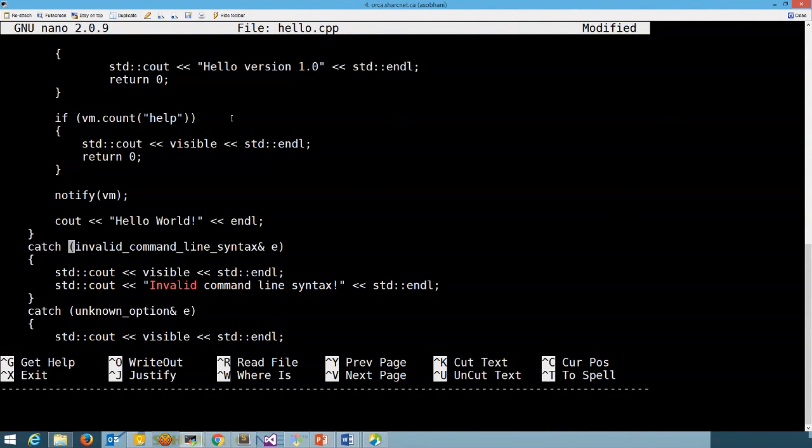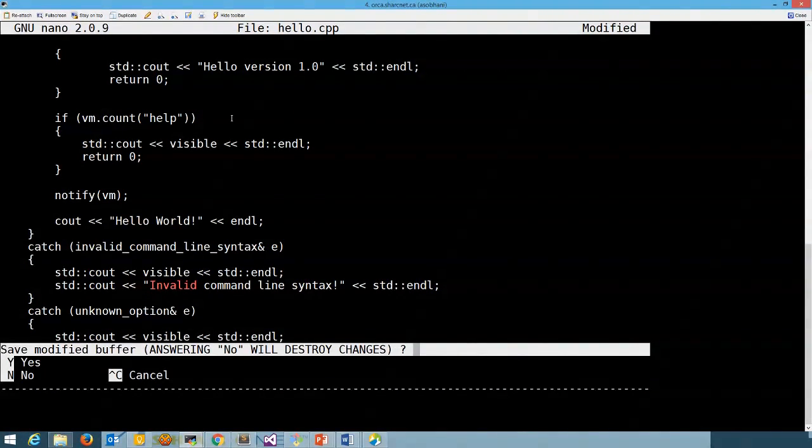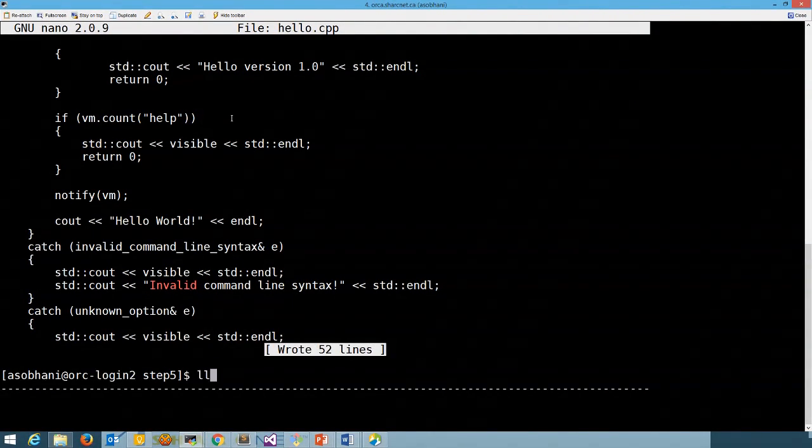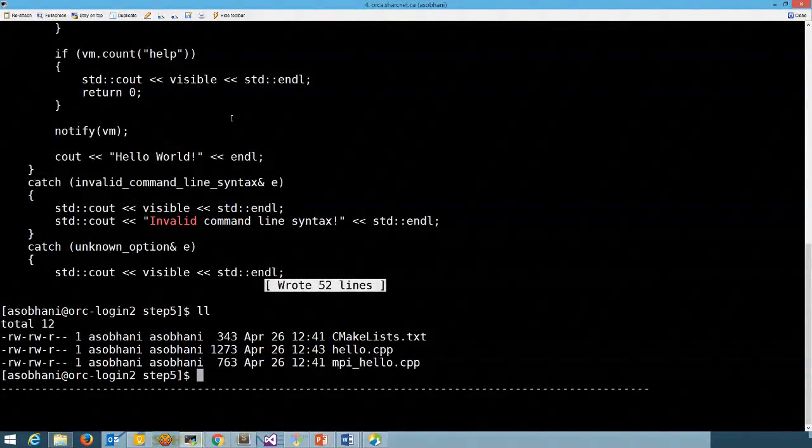So this is the version for hello CPP, and for MPI hello it is the same one,